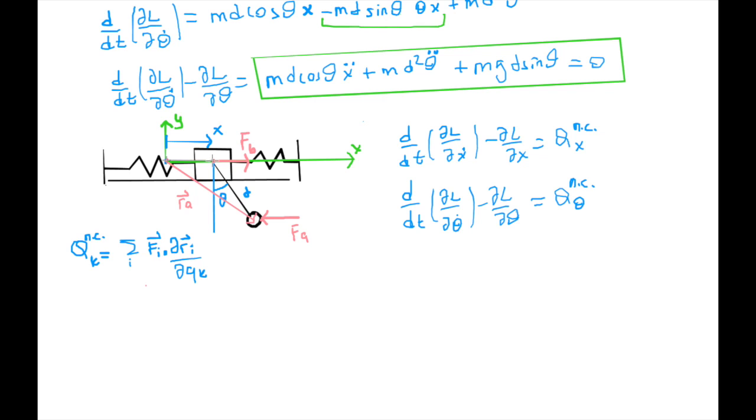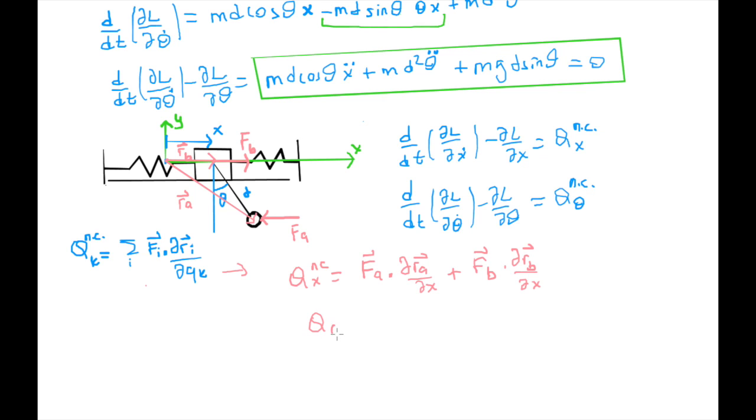So Fb is going to be this vector, okay? So then here is the name of the game. Qx non-conservative will be Fa inner product with partial Ra partial x, plus Fb inner product with partial Rb partial x,